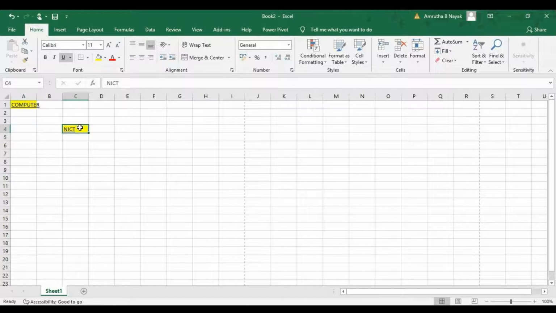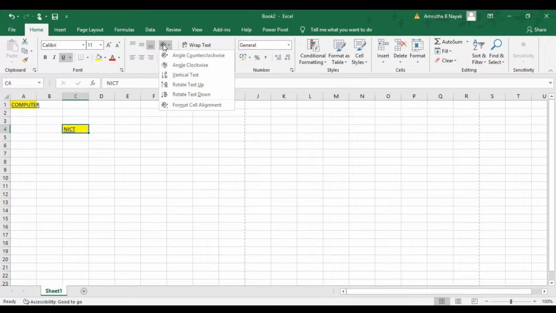Increase, decrease, text color, highlighting color. Alignments up, center, down, right, center, right, left, center, right, orientations, indents to move your text,